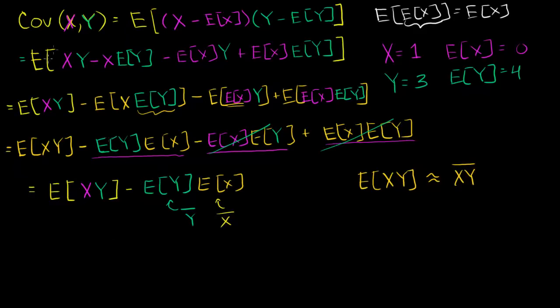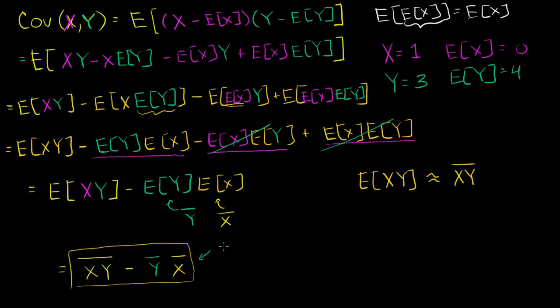So what can the covariance of two random variables be approximated by? Well, this right here is the mean of their product from your sample, minus the mean of your sample y's times the mean of your sample x's. And this should start looking familiar, because what is this? This right here is the numerator